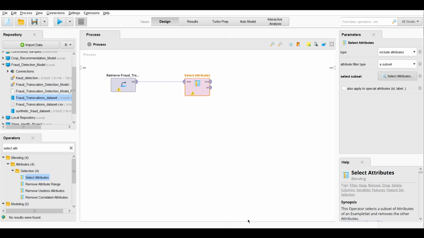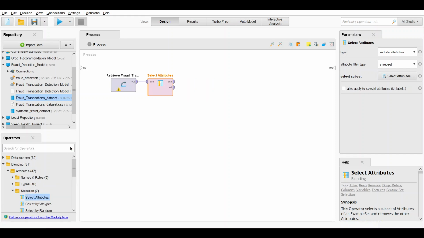As you can see, I have selected all the attributes which will be helpful in building our prediction model, and the transaction ID and user ID are unique identifiers which won't be helpful in building our prediction model. So I will click on apply,